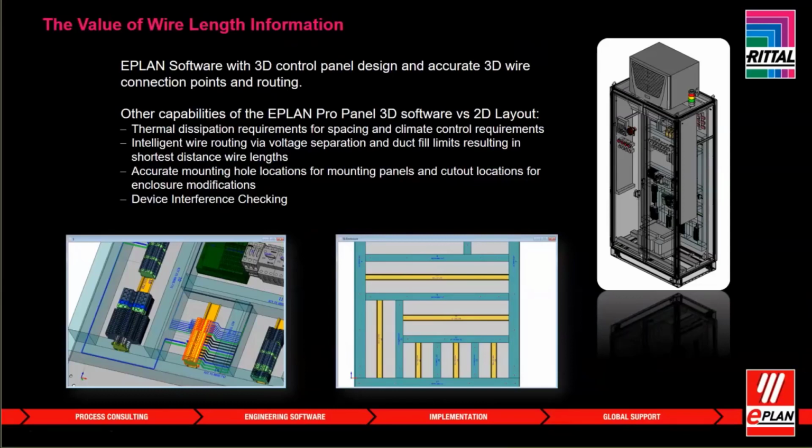So intelligent wire routing. So we're saying here that we can maintain voltage separation for control voltage versus power voltage, as well as keeping a close eye on duct fill limits. So if we are starting to overfill a duct, we can send it down another route to its destination. And of course, the accurate mounting hole locations for the panels and cutout locations. We've already talked about that, but